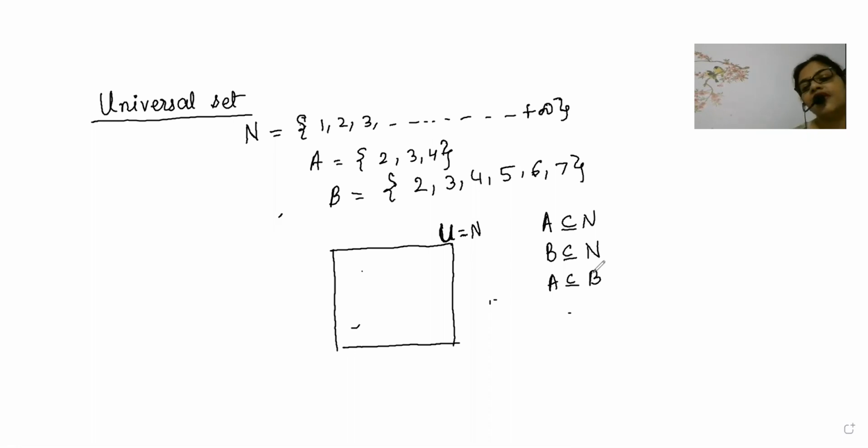So beta, these are the three important conditions. A is a subset of B, and B is a subset of the natural numbers. Then beta, how do we present it in a Venn diagram? B is bigger. B is very happy because it is bigger and contains more elements: 2, 3, 4, 5, 6, 7. Then you will say, auntie, how do we represent A? Because here one thing is for sure, B contains all the elements. But what about A, auntie? Don't you want to think about A?